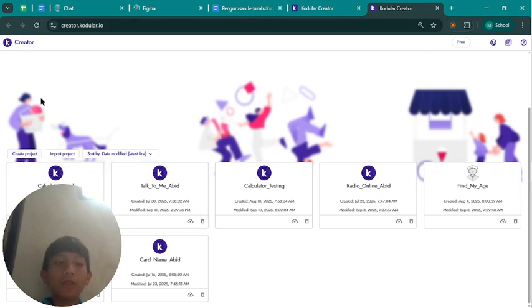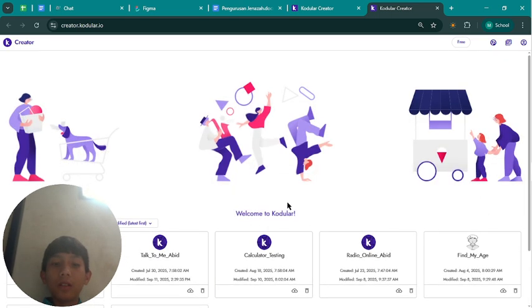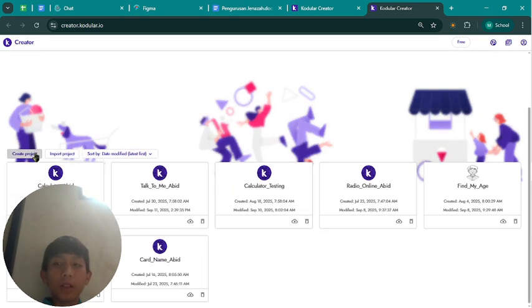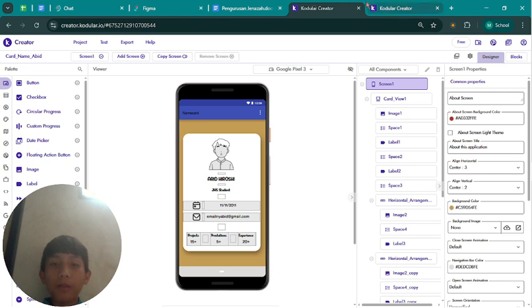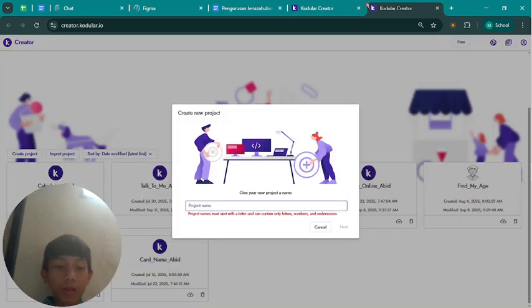Okay, first you see in the home screen there are three options: create project, import project, and sort by. So first you click create project. Today we want to make an app named name card, so just write name card app.